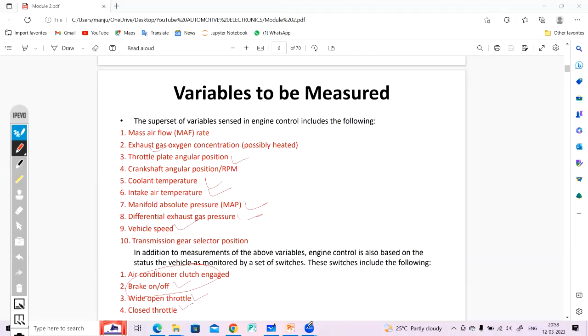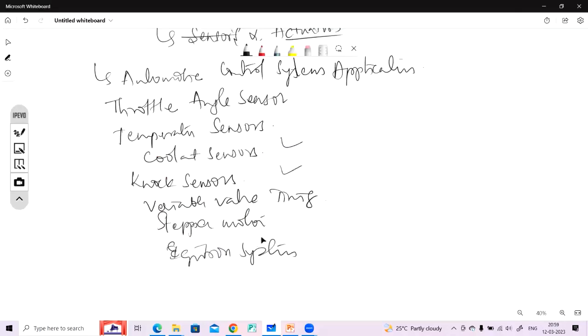So, discussing the block diagram of electronic